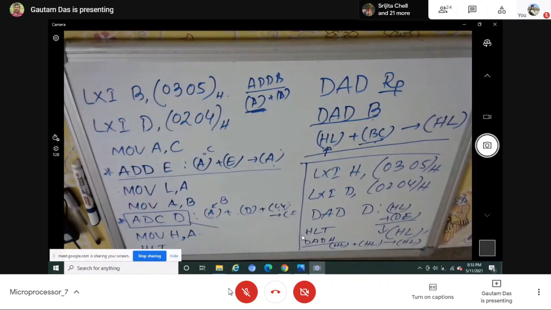Later on, in the next class only, I will show you that a multiplication instruction is not available in 8085. Simple multiplication instruction is not there. Division is not at all there. Multiplication and division instructions are not available in 8085. Power is something else, but simple multiplication and division are not there. But we have to do it by writing programs with the available instructions. In the next class I will discuss that: whatever instruction is not available, how to achieve those functions using available instructions.